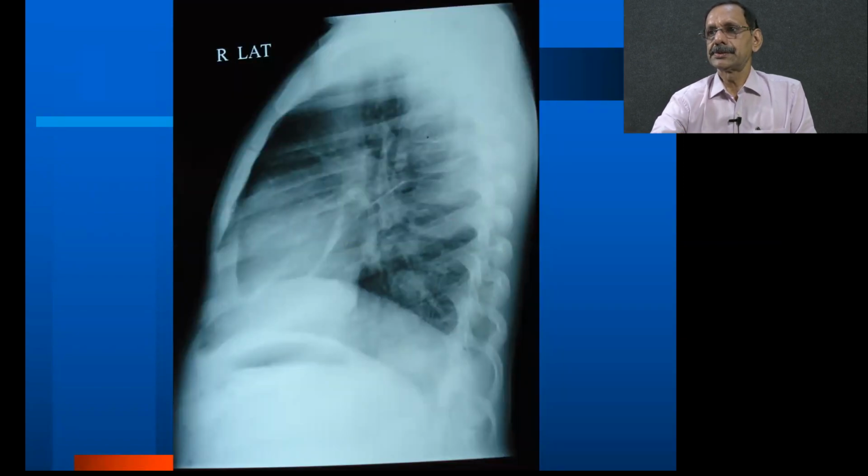So again, just to show this is the oblique fissure, this is the clear area here, clear area there, and whether this is a little more dense than this vertebra, which is not expected. So there is something abnormal here, some shadow is there, and there are two diaphragms. One, this higher one is always the right one.